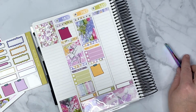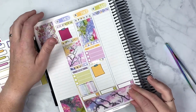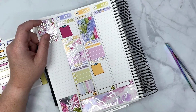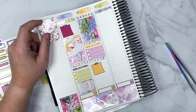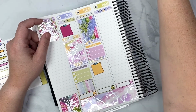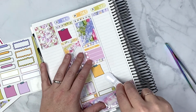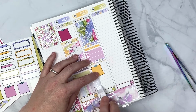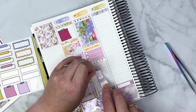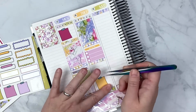So yeah. Oh, I should have put that down there so I could put that there. I know I put it in here. I know I put it in here. Okay, where are you? Oh, so remember that tool I have, that sticker lifter? I know it was in here. There it is. Put it up here. Okay. The sticker lifter is back. So I love this tool, and you just find a little area, and then obviously the stickers pull up just amazingly off of here. All right, so we'll put that back down there,